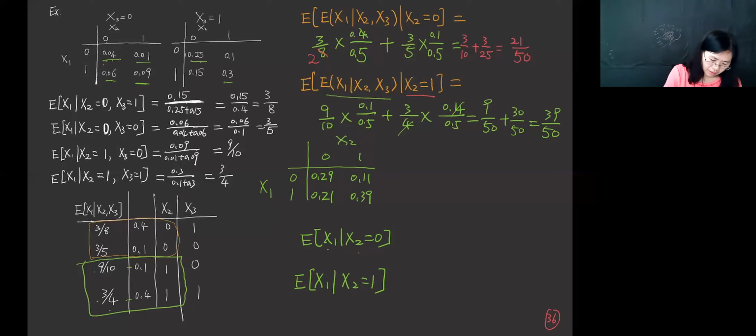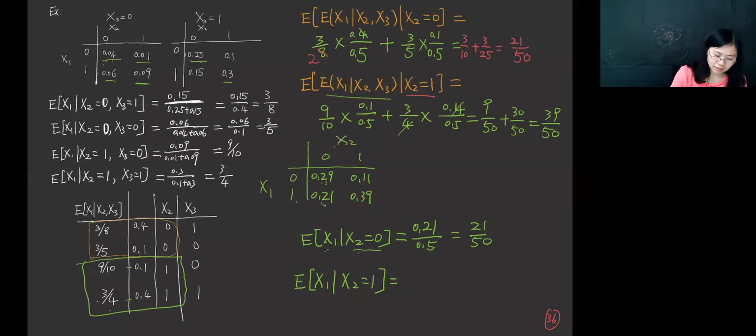So E of x1 given x2 equals 0 uses the first column. So that should be 0.21 times 1 divided by the marginal of x2, which is the sum of the first column, which is 0.5. And that is 21/50. Similarly, using the second column, we can calculate the conditional expectation of x1 given x2 equals